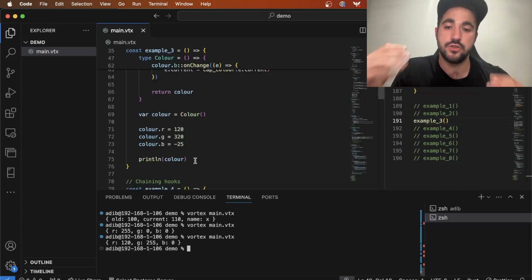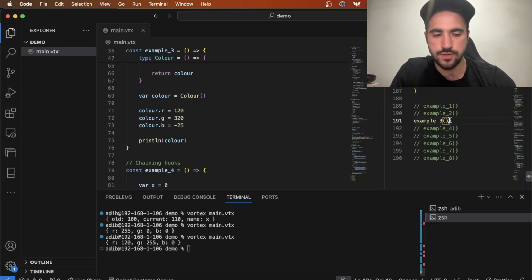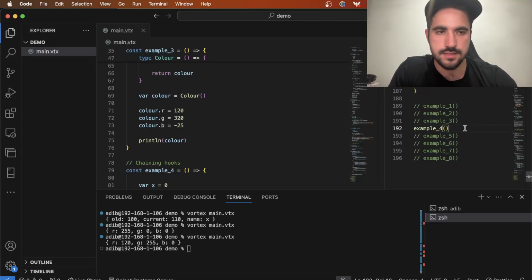So as you can see, your users can use this however they please, but knowing that the capping and all that kind of stuff is happening under the hood, which could be pretty productive. Cool. So moving on to the next example,